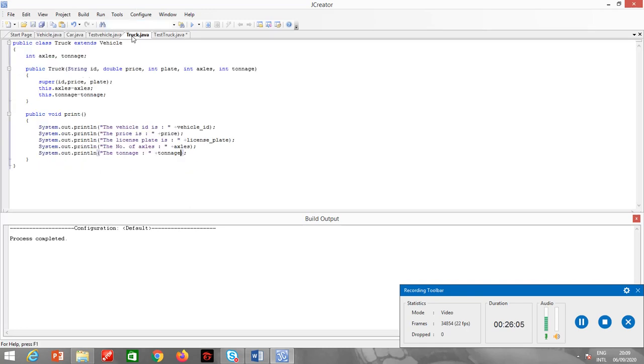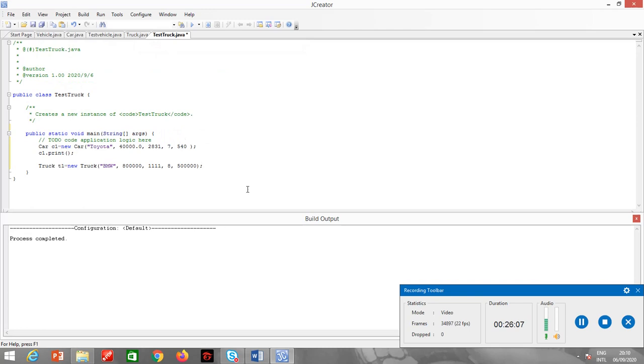And class truck has again print method. There is no overriding because car and truck, they are two different children of the vehicle class. So T1 dot print. Okay, so let me just system dot out dot println.